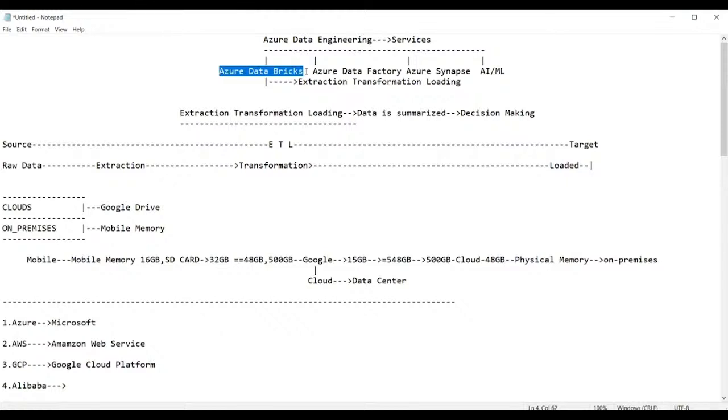These are the 4 languages used in Azure Databricks. Whereas Azure Data Factory is totally menu driven. Both perform the same job, but this is menu driven, and this is code based. So that's it about this.